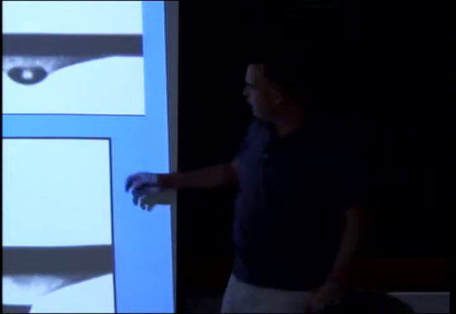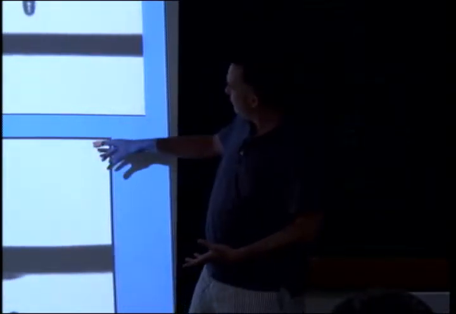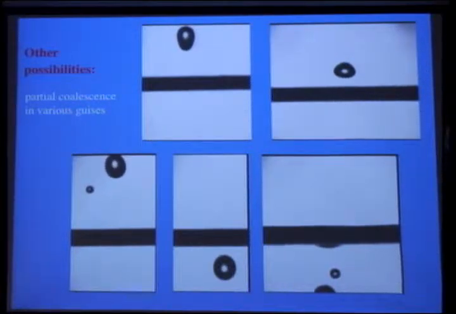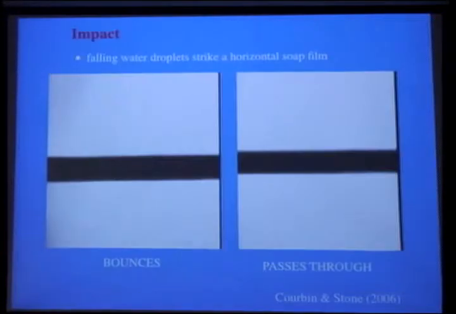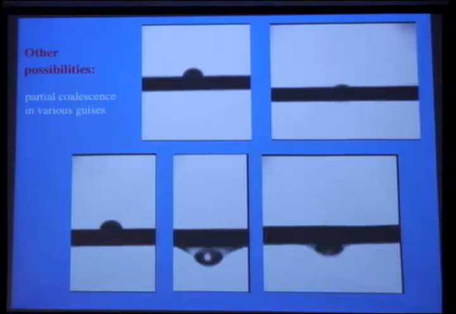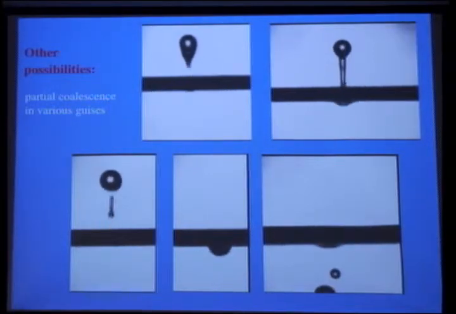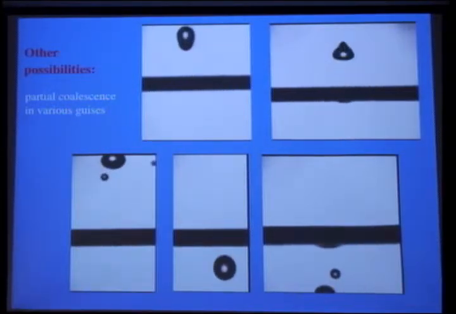And so here, it enters the film, and parts of it can be ejected up or down. I think in the one at the bottom, things are ejected both up and down. Is that right? There's one of them. I can't remember which one. But yeah, sometimes you'll get things going both up and down.